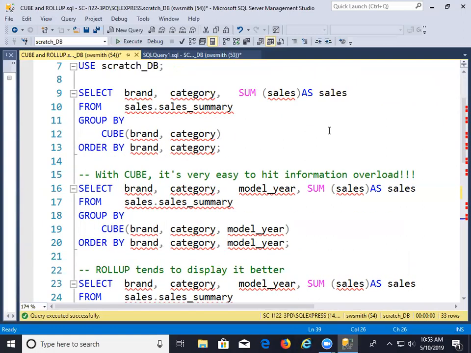Next one is cube. Cube is a little bit different. I don't find cube to be as useful as roll up. We skipped over this because this is not in SQL. What cube will do